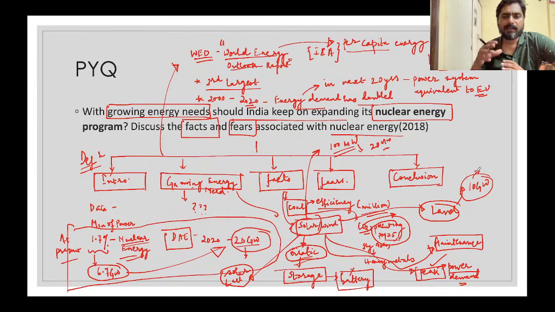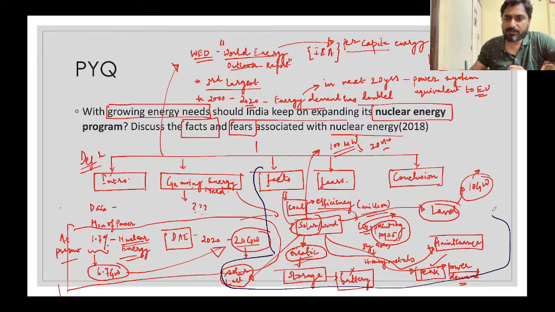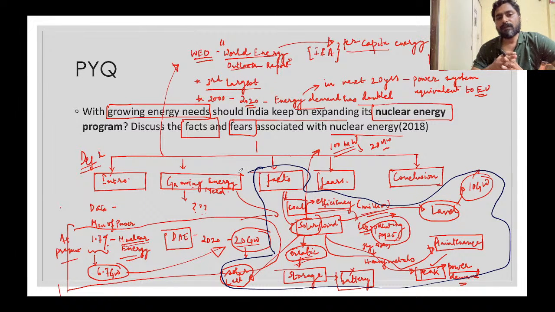Now let us summarize what we have discussed in the facts here. So let me just change the color. So we are discussing the facts here. Let us quickly summarize what we have seen. There are other facts also that we'll add. So in facts, if you compare it with coal, it is highly efficient. Because it is million times more efficient, the fuel requirement per unit will be less, or for per unit of fuel that we are using, we'll be producing a lot of electricity.